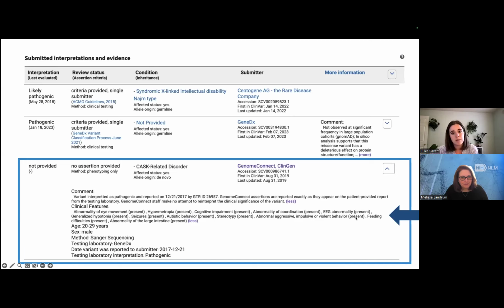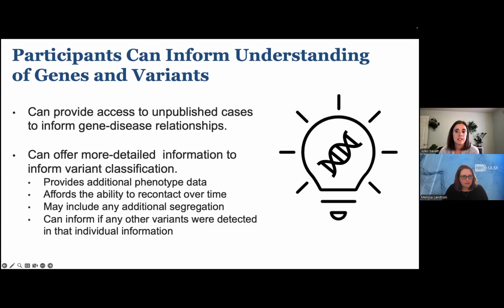A couple of things to note about GenomeConnect's submissions. We don't classify the variant ourselves, but we're submitting the information as it appears on participants' reports. But we're providing a bit more detail than what's often included from labs, like information about that participant's health history, information about the variant's inheritance. In this case, it was new and unique to this individual. So just providing a bit more detail unique to our participant. As you can see, no identifying information is shared from our participants, but it's really focused on that health information, inheritance information. We focus on that information because it can be really useful in informing how we understand genes and